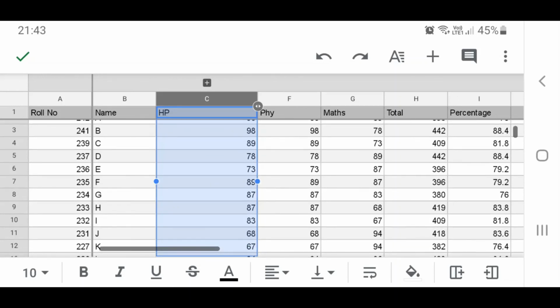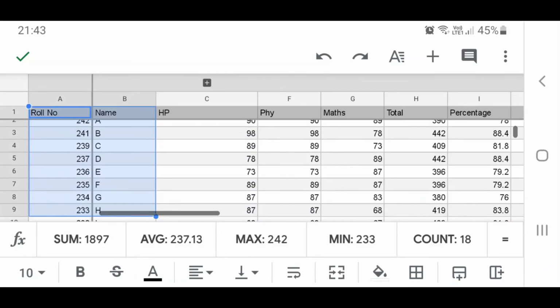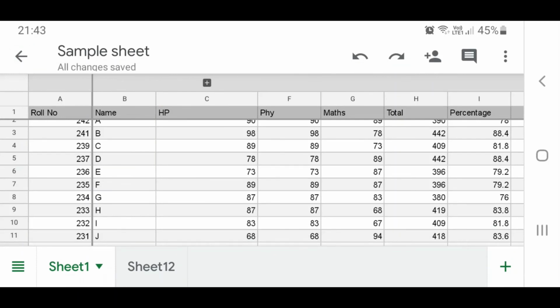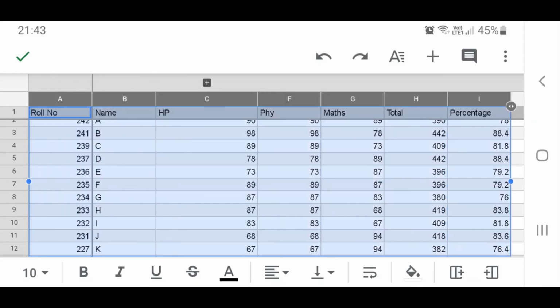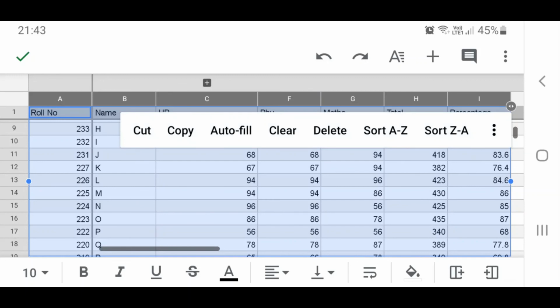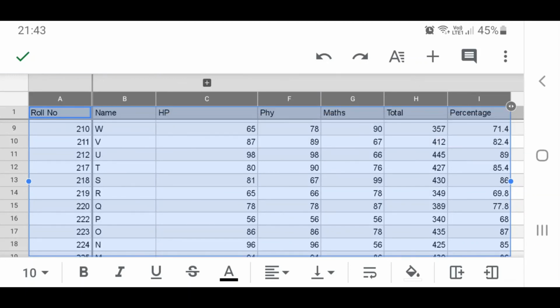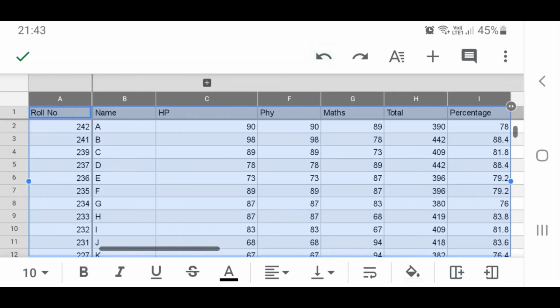Now the next thing we have to do is I want to sort this content. Okay, for that I have selected the column A to Z. You can see the values have been sorted. What did I do? I have just selected the section.